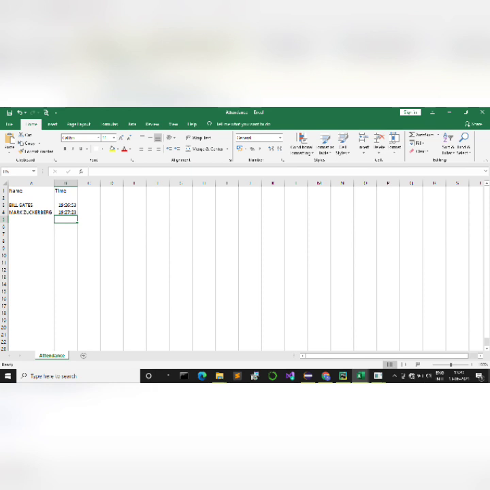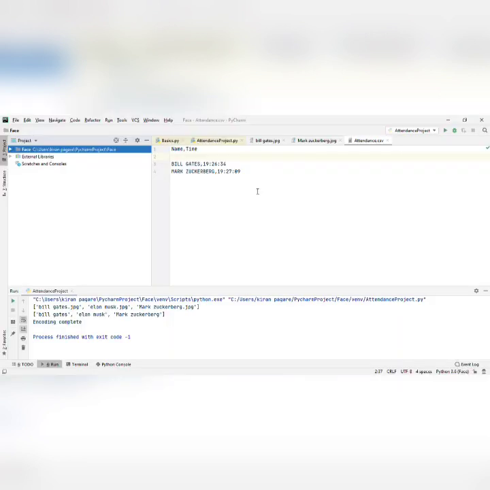So it's a bit clearer to you that in your database, now it will be a server. From where you captured the image, the recognized image will be marked as attendance in the CSV file. Here you can see the attendance: first is Bill Gates, which was 19:26, and the other one is Mark Zuckerberg, which is 19:27. So when an image is recognized, its attendance will be marked in the attendance CSV file.